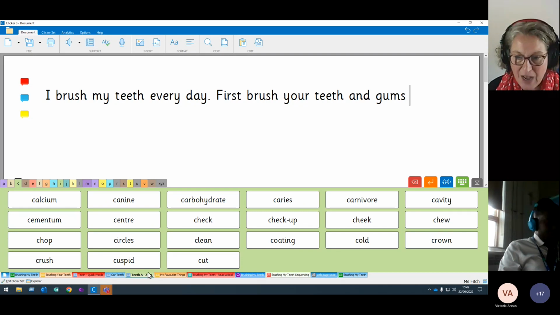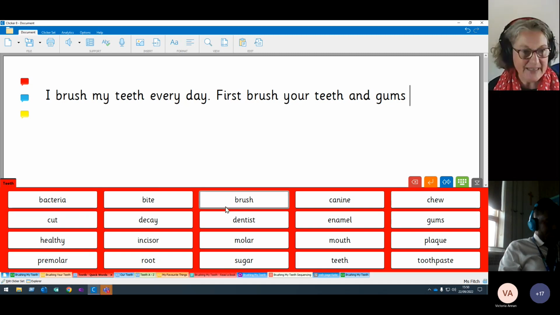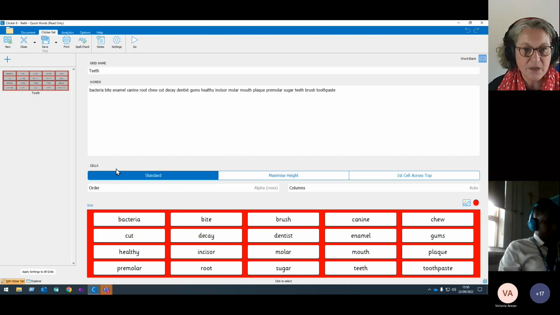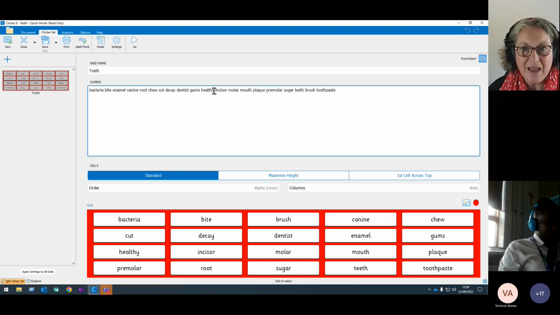Just before I ask if you've got any questions, I'm just also going to mention that you can edit any of these grids. So let's say, for example, I want to edit my word bank. All I need to do to make some changes is go to my clicker set button, go to my pencil edit button and decide what I want to change. So I might take out the word healthy